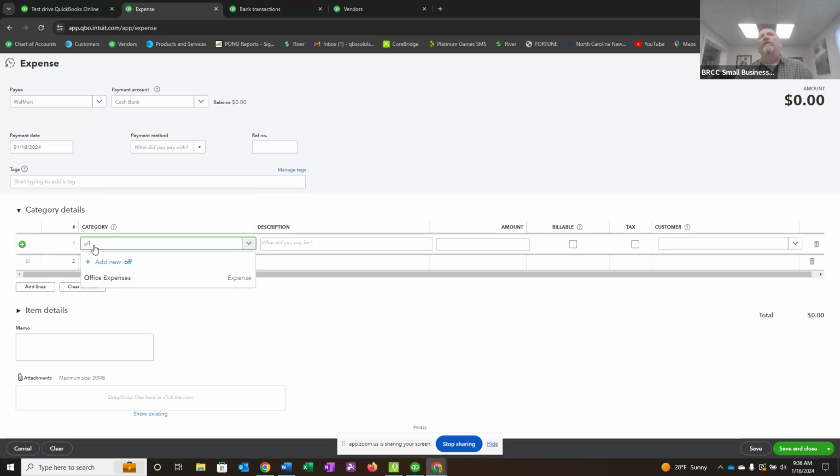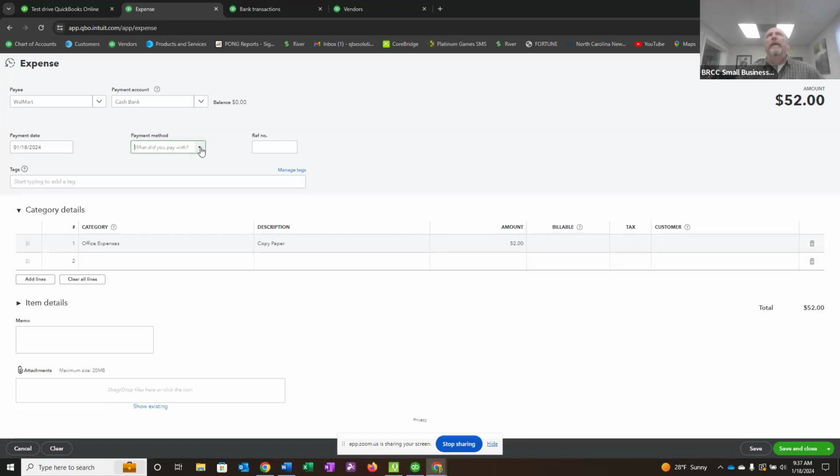And then I'm going to say it's for office supplies. I start typing office and I see I have an expense account, office expenses. I spent $52 at Walmart, and in the description I can say it was copy paper, anything I want. Let me hit save and close. So I'm recording it in my cash bank that I went to Walmart on January the 18th. The payment method, we can just say cash, or you could add new and create personal credit card as a payment method if you wanted to. When I hit save and close,